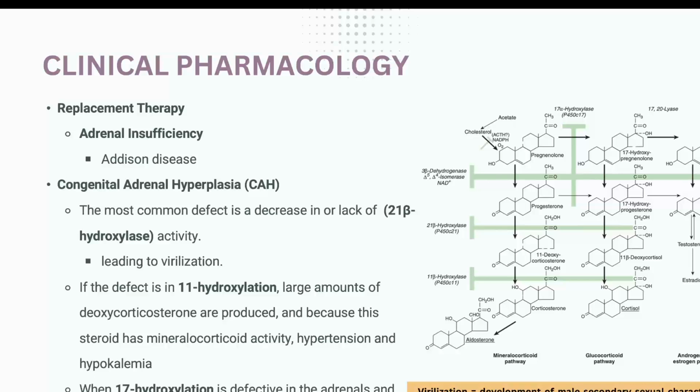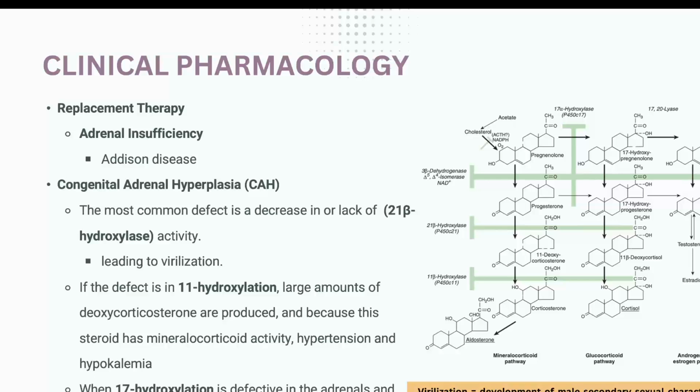So what about the therapeutic uses of cortisol? It is used in replacement therapies, like I said before about Addison disease. It is used in congenital adrenal hyperplasia. From the name, congenital means inherited adrenal hyperplasia. The defect in case of congenital adrenal hyperplasia may be due to a defect in the enzyme. So either there is a defect, it is non-functional, or there is deficiency.